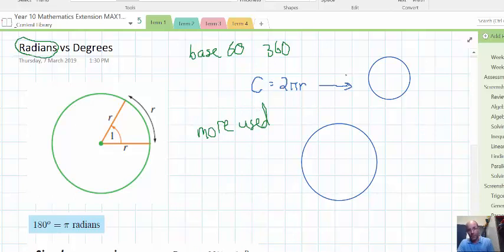And what we need to remember is that the circumference of a circle is the distance around the outside of the circle, and it's 2 times pi times r. And basically the idea of a radian comes from that. So let's have a look. If we have a circle, this green one over here, and we have a radius which we draw from there to there. There's a radius,